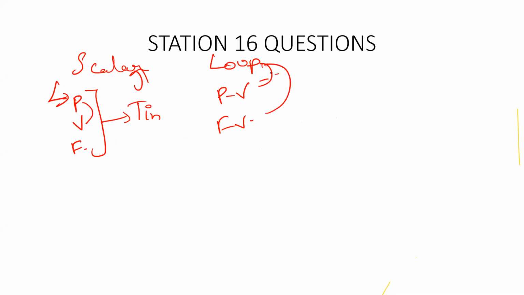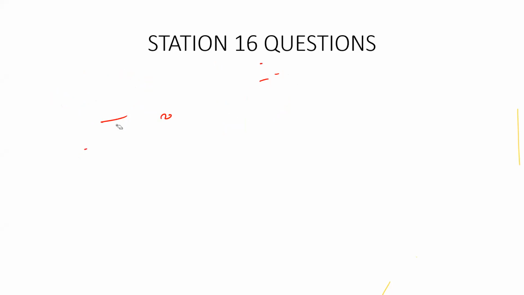Understood the basics? Yes, sir. So when you compare 2 variables, it comes under loops. When you compare the variables against a constant time, it is a scalar. These scalars and loops are used in ventilator waveform analysis. So before understanding the waveforms, you need to understand the basics of what is volume control and what is pressure control, and what is meant by trigger, cycling, and limit.